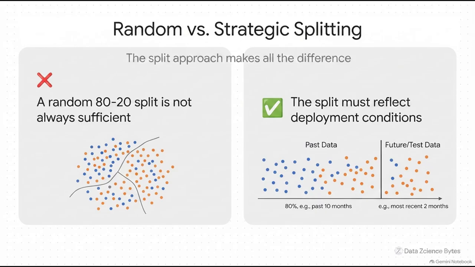Which brings us to a major, very common misconception in the industry. A lot of people treat a random 80-20 split of data as the lazy default gold standard for every single project. Just carve off 20% and call it a day, right? But a much more accurate professional view is that the split must actively reflect your deployment conditions. As we saw with our customer service example, designing your split around specific groups, timeframes, or geography is often absolutely necessary. Relying on simple random rows would secretly leak future information and completely ruin your evaluation.